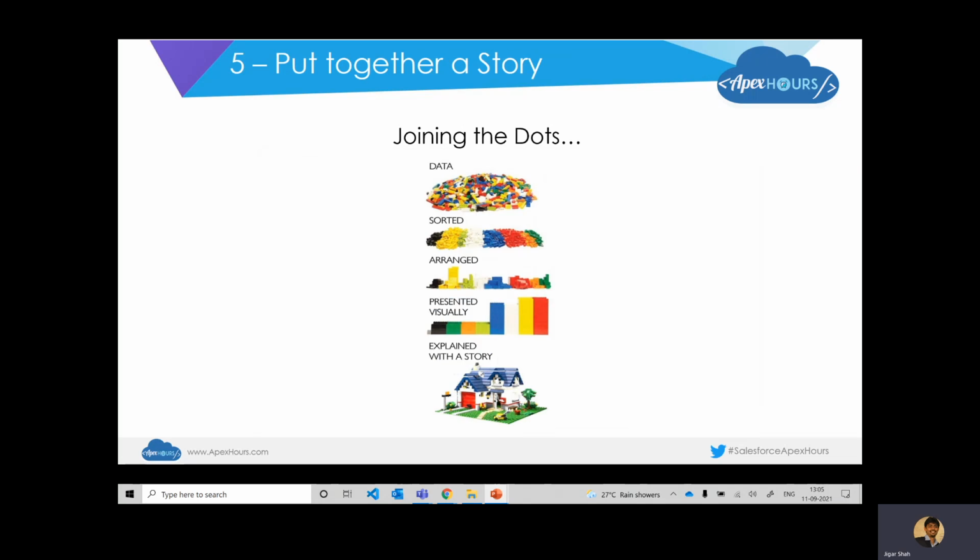And one of the last and the most important principles while putting together a Salesforce demonstration is like cooking a recipe, right? You may have the best of ingredients, which we saw as guiding principles in the previous points, but unless you use those ingredients to come up with a great recipe, it is not going to appeal to your user. Similarly, you've got to take all these principles and join the dots together to present a very convincing and relevant story.